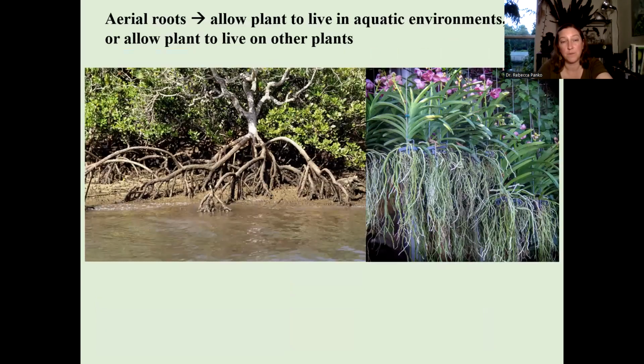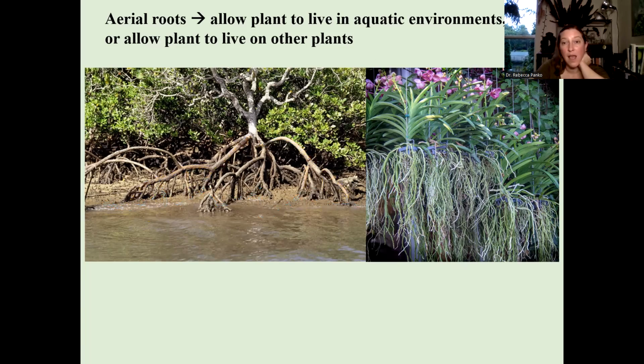This is mangrove on the left and then orchid on the right. These are both examples of aerial roots, so roots that come off and are out in the air. In mangroves, these aerial roots serve as prop roots, just like we mentioned, but they also let the plant live in water environments. Roots need air. So if they're underwater, they wouldn't be as happy. So the aerial roots allow them to